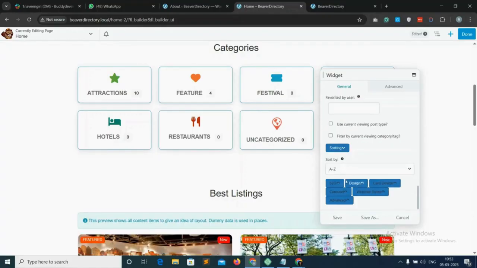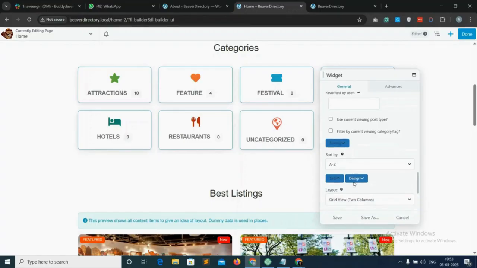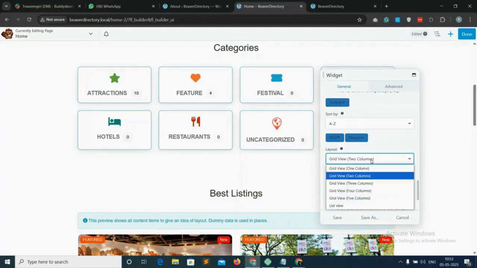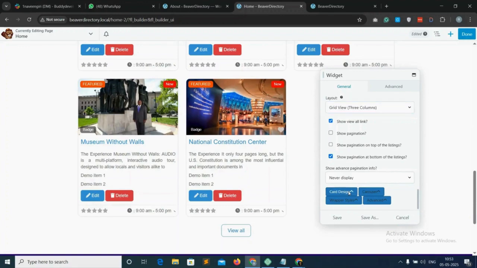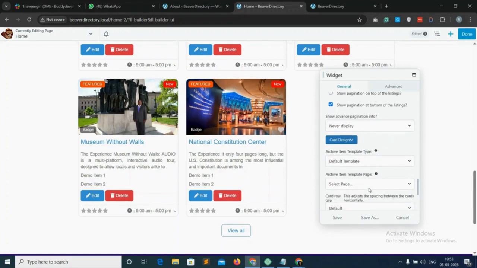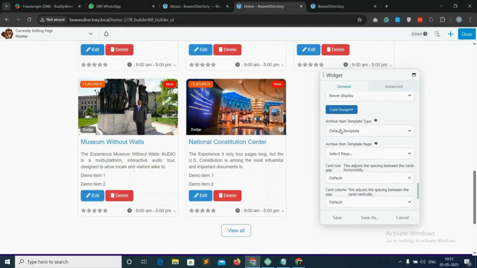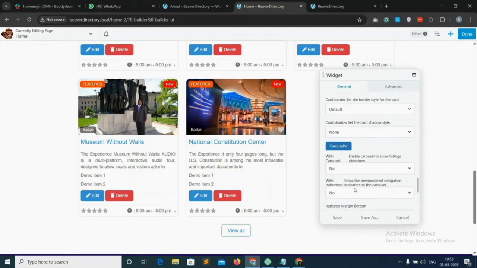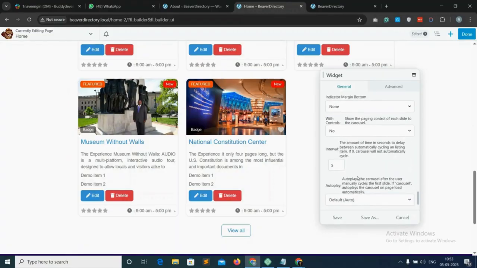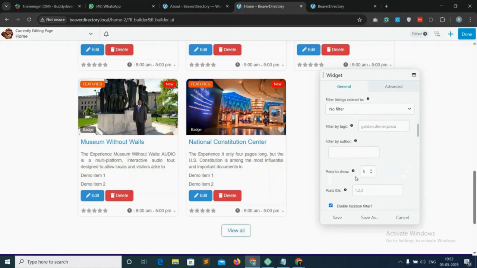Then coming on to sorting, A to Z. Then grid column, we are editing to 3. Then coming on to its card design, and then custom archive item can be chosen here. We are choosing the default items. We can also do its sliding, and also we can choose the number of posts we want to show from the